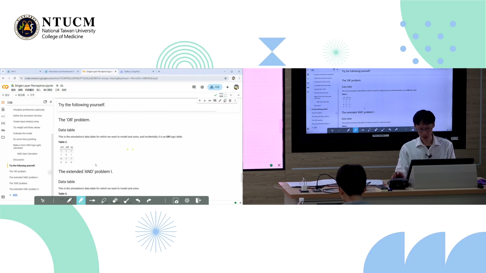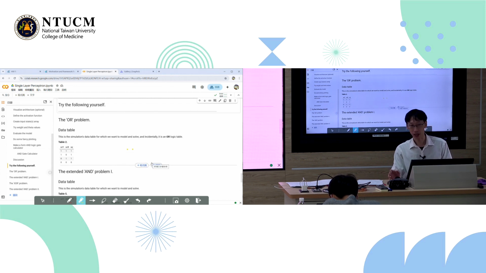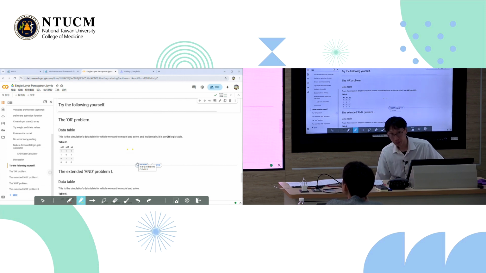The next part of this class is where we'll try out the OR problem and the XOR problem. But before that, we will take a break, and then we'll come back and try this out iteratively, okay? Any questions at this point on the AND gate and the single layer perceptron?